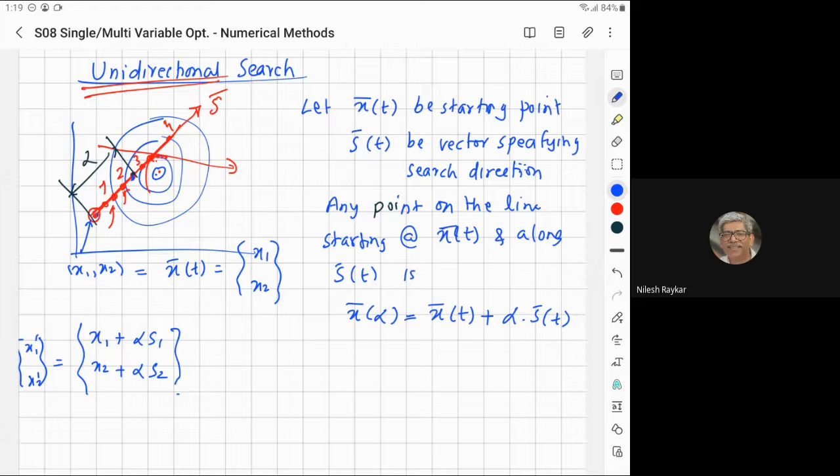Otherwise, you have to increment x1 by alpha 1 and x2 by alpha 2, and then it is an exhaustive search where you have to keep on searching. In this case, by taking only a single parameter, from the first point at a distance alpha, you get a second point. The new point can be written only in terms of alpha rather than alpha 1 and alpha 2. That is the advantage. When we take a numerical problem, this particular thing will get clearer.